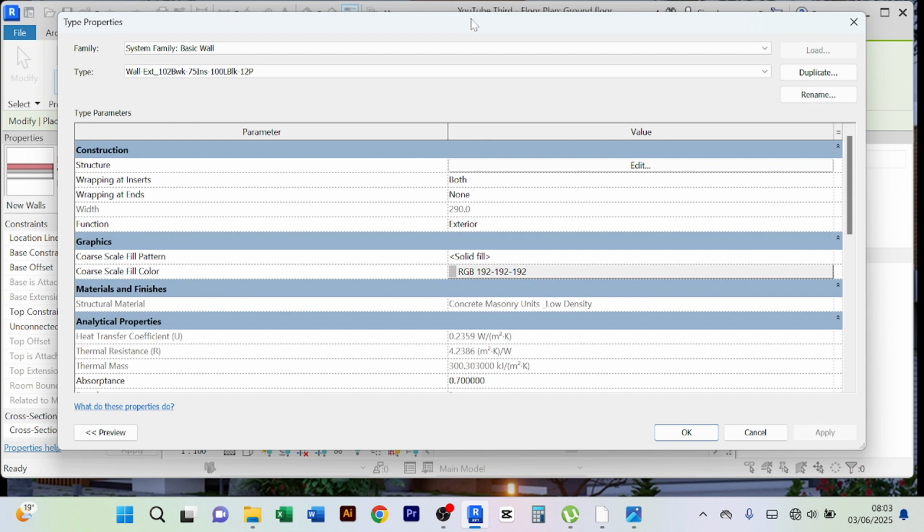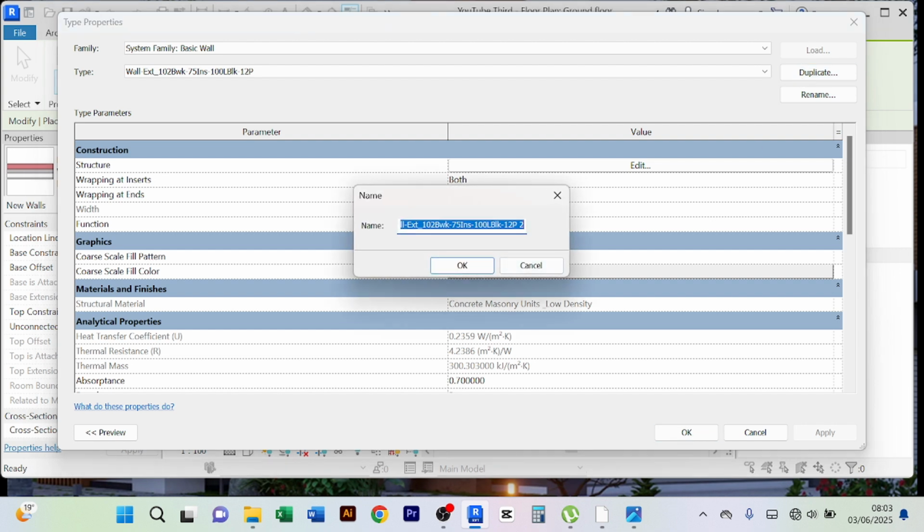So from here, the first thing you're supposed to do is to duplicate this wall. Because this is the generic wall, we are creating a duplicate of it with our own standards. So we shall click on duplicate. You can rename it anything you want. So for me I'll write main wall, because this is going to be my main wall, or our main wall, and I want the thickness to be 200